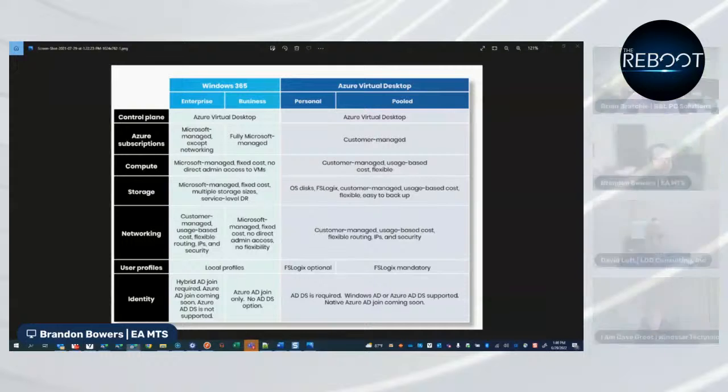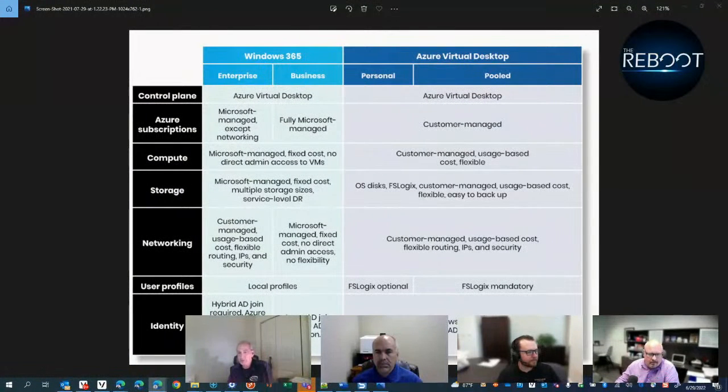Like Brandon mentioned, the profiles in Azure Virtual Desktop, if they're persistent, have to be stored somewhere. That's generally what they call FSLogix storage. Depending on where that lives and how that infrastructure is set up, you may or may not be able to share a QuickBooks database file amongst multiple users.